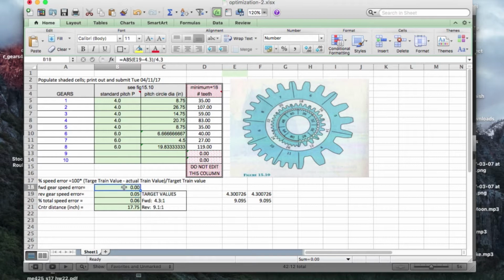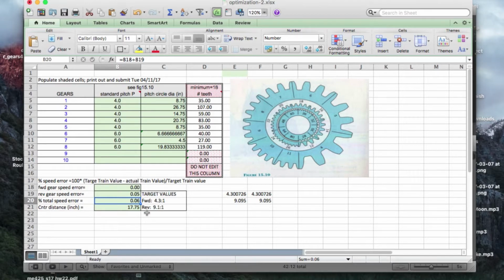That's correct. Okay, so this is correct. So we have a total speed error of